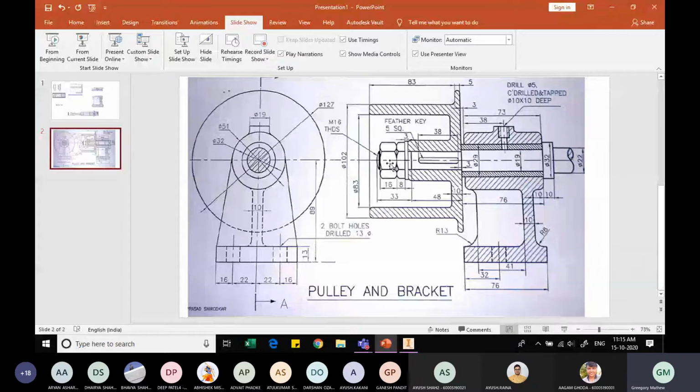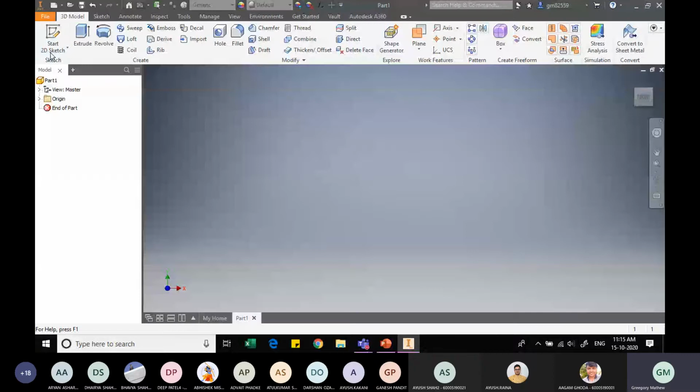So for the first component that we have, for this nut that you see, we know the inner diameter is 16, the outer diameter is 32, it is hexagonal in shape, and then we know its thickness is 16. So as per the procedures that we have discussed, you are all very familiar with these procedures also.